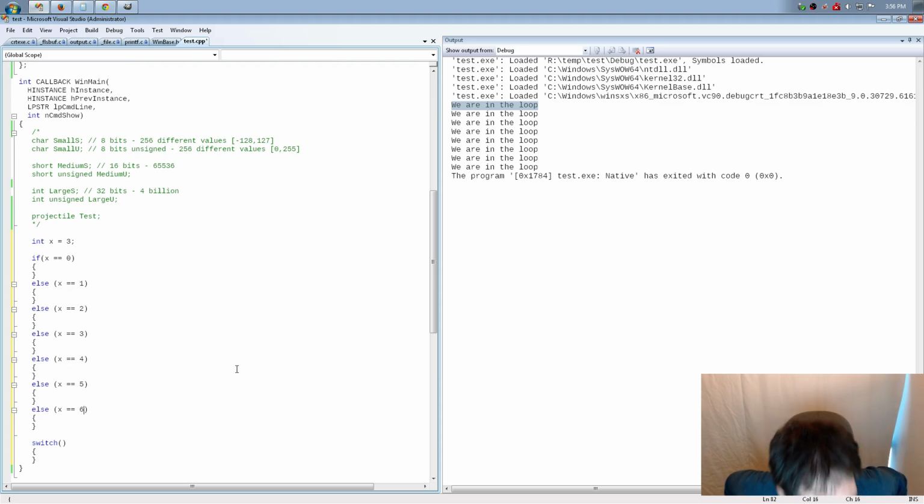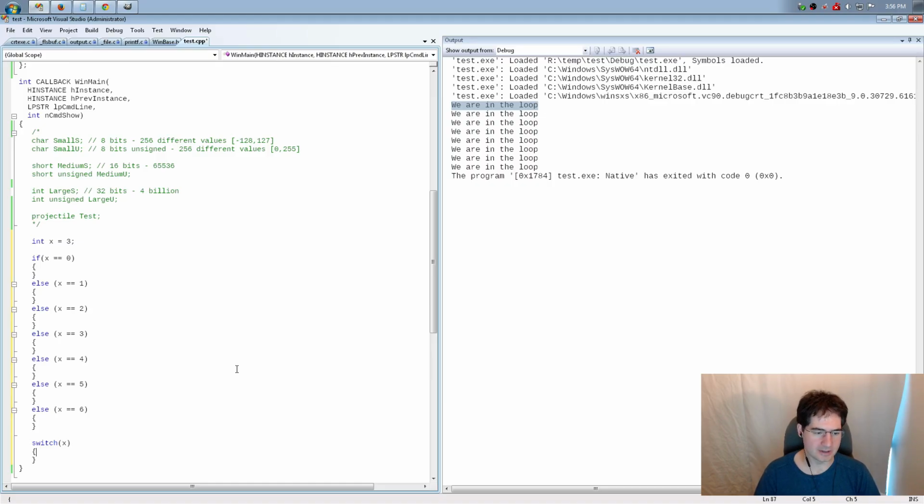What a switch statement really allows you to do most of the time these days, there are some other uses for it, but they're kind of janky, like Duff's device and other weird things. For the most part, if you are going to compare a variable to a bunch of constants, you can put the variable or the expression, something that evaluates to a number.